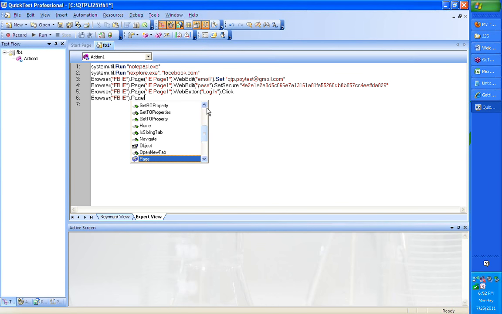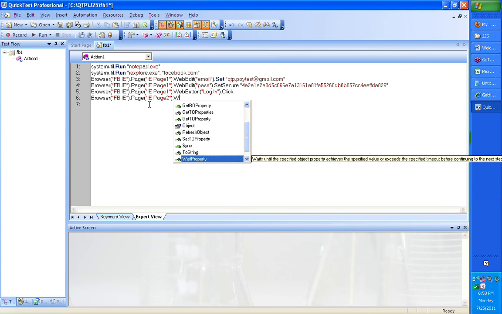I'm going to try and replicate exactly what is there. As soon as I hit page and open brackets, unlike automatically filling FBIE, it is giving me two options. Do you want something from page 1 or page 2? Why? Because that is how it is in that object repository. There are two pages in the object repository. Which one do you want? I want the second one. Dot web